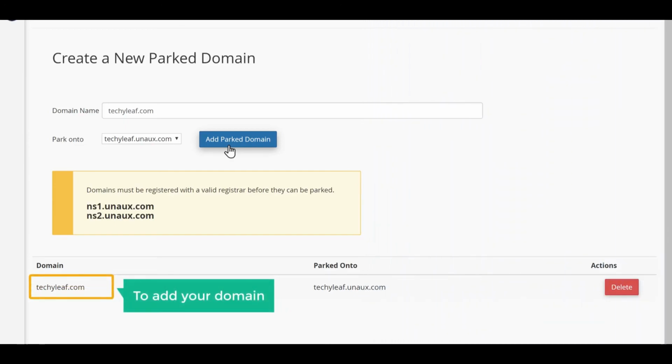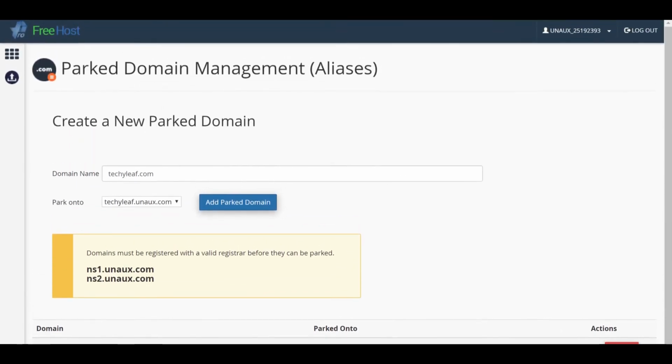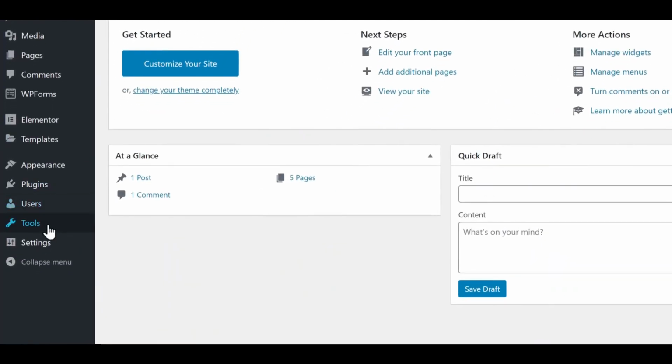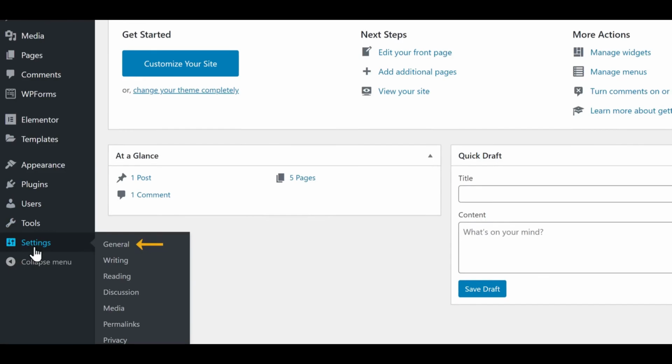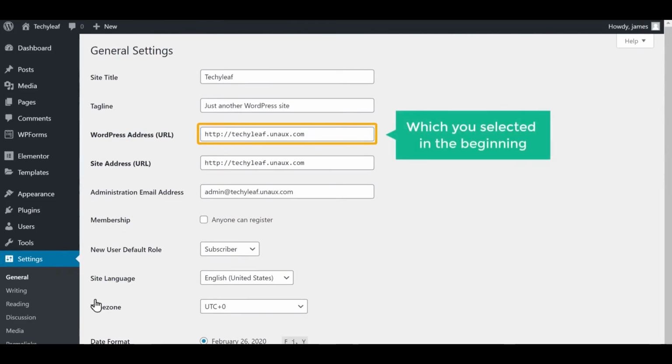So to add your domain, just copy this domain name and then go to your WordPress dashboard. Now go to Settings and then click General. Here you can see the free domain which you selected in the beginning.